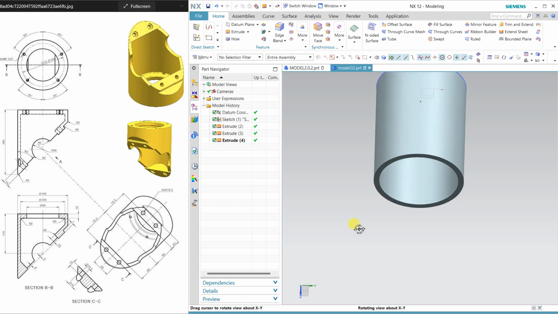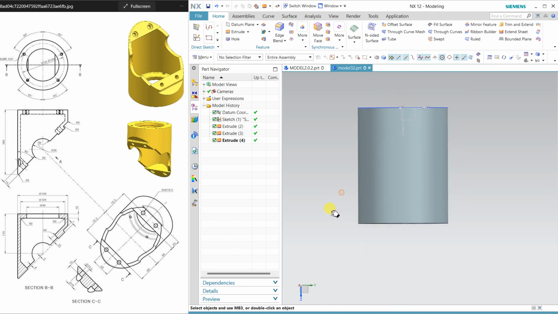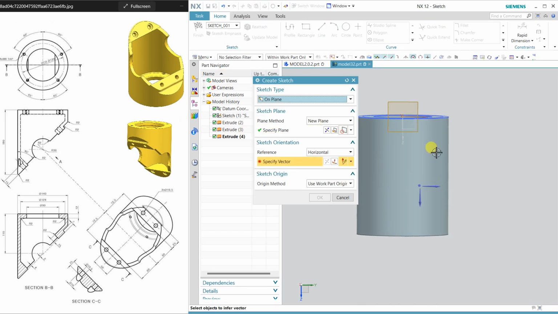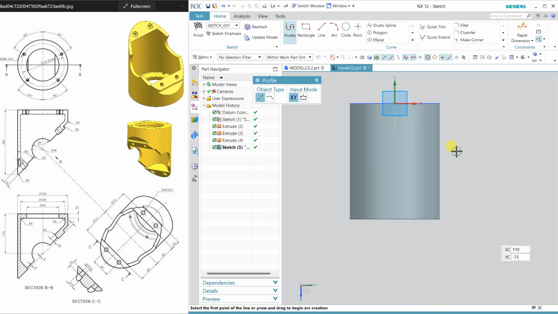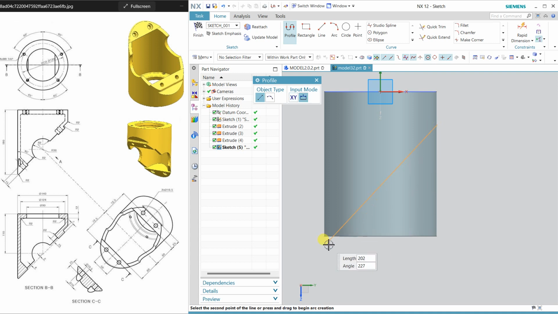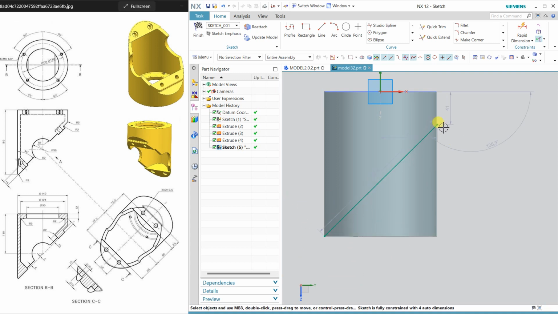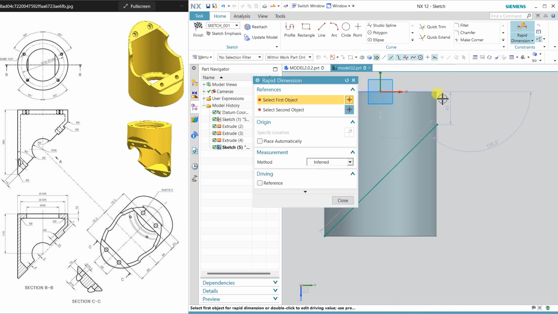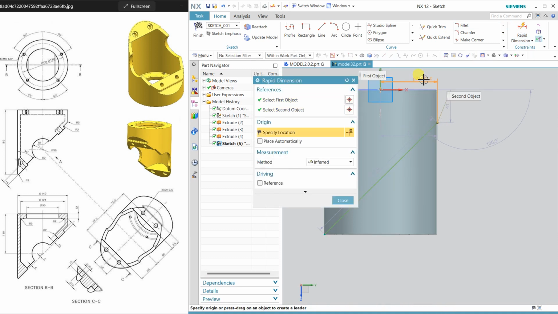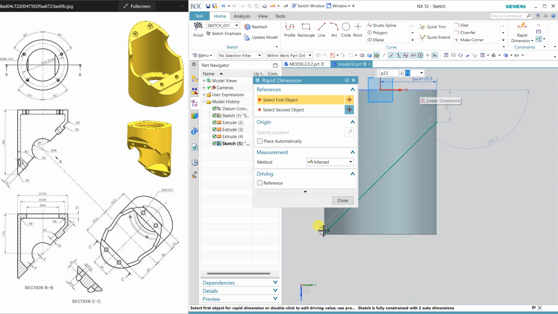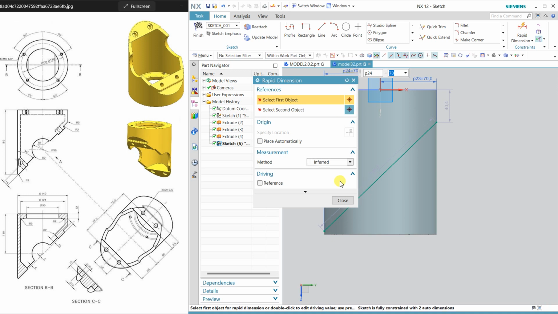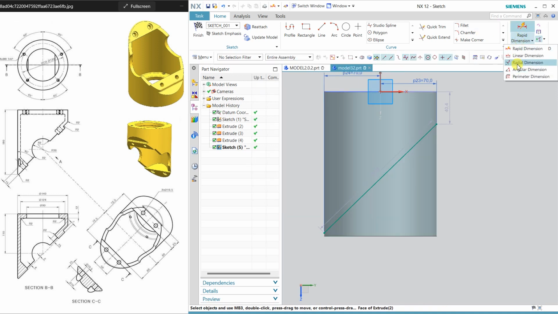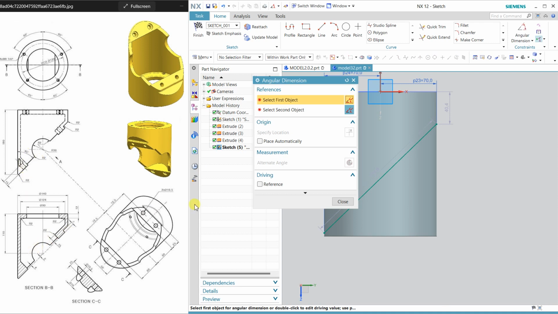Now rotate it like this, so we can cut this. Select sketch and click this, orient the view, flip the plane, and okay. So draw a line. Now dimension it. Use 70, and the same 70 from the middle, and we have to define one angle. See, we have one angle, 45 degree.